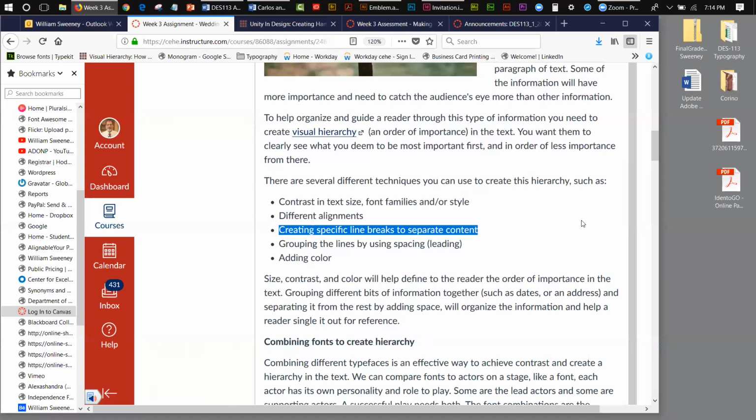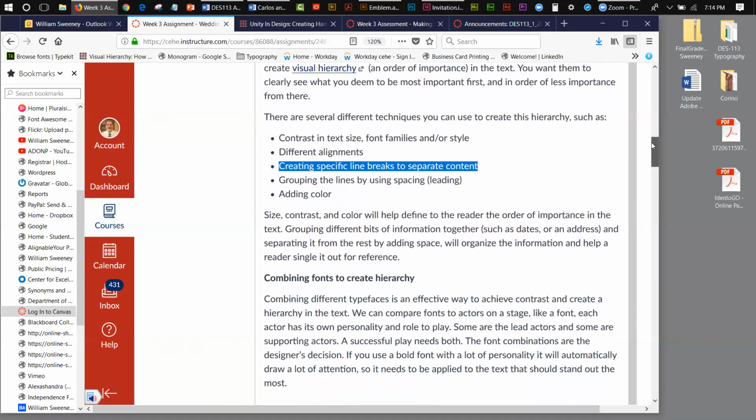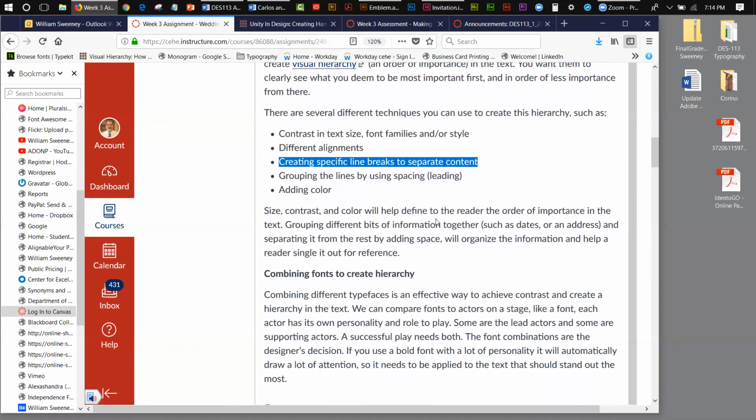That's what I believe it should be. Okay, so size, contrast, and color will help define to the reader the order of importance in the text. Grouping different bits of information together, such as dates or an address, and separating it from the rest by adding space. All this is very logical stuff, and again, I did all of this stuff when I created my card,